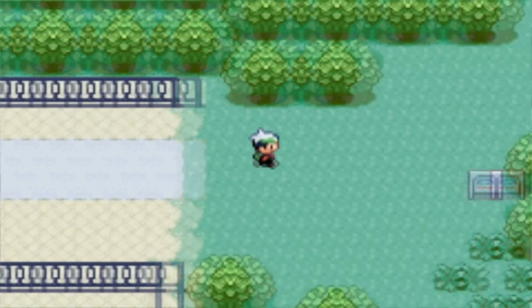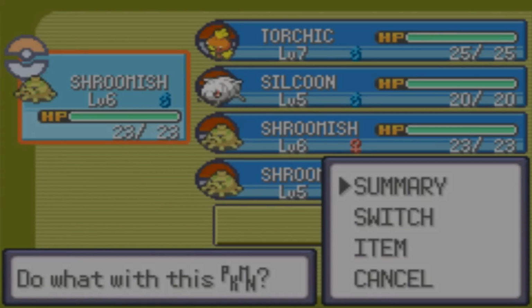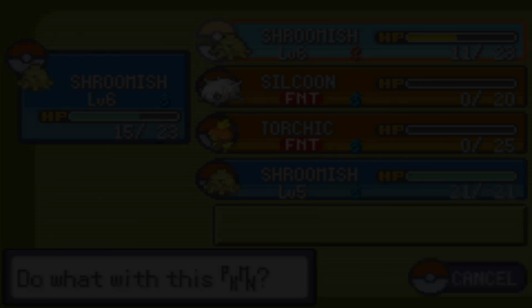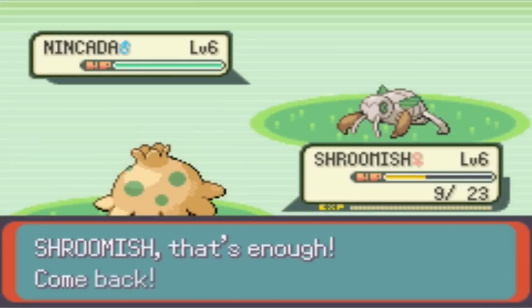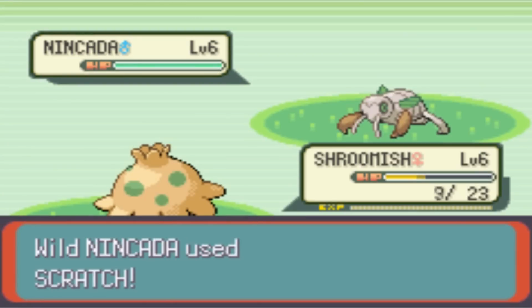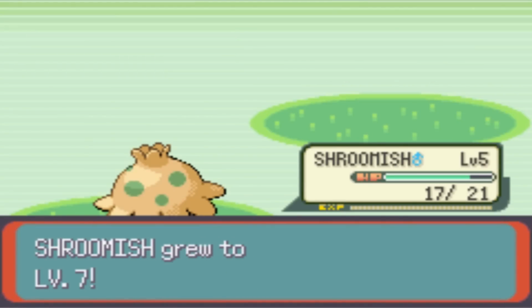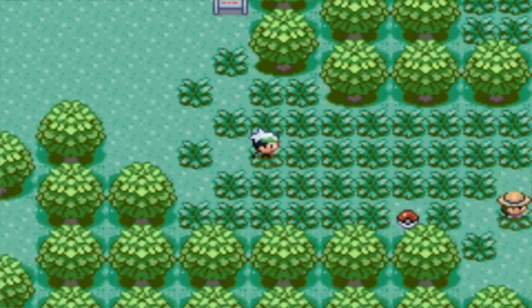So we're gonna have to train this Shroomish up to level 10, which is ridiculous because we have to fight the wild Pokemon, and once it attacks us, hopefully it gets hit with Effect Spore, and then it'll get poisoned, and then we can wear it down, gain some XP like that, and then eventually when we get to level 10, we'll